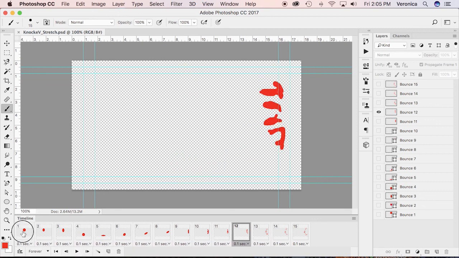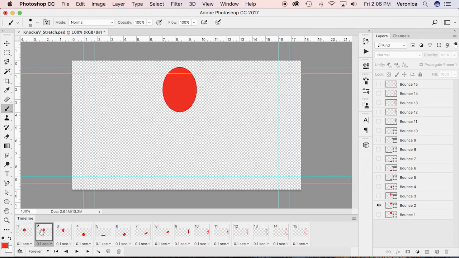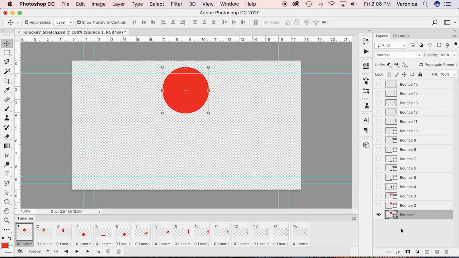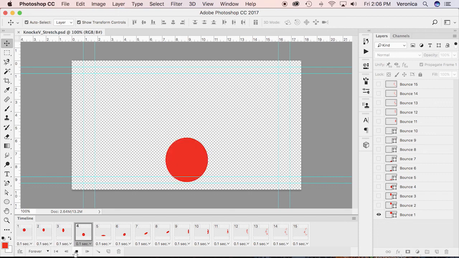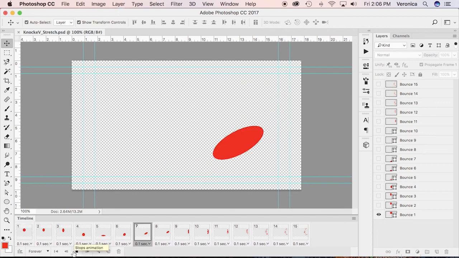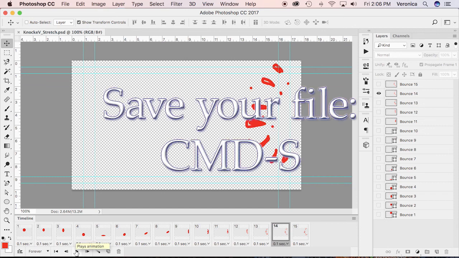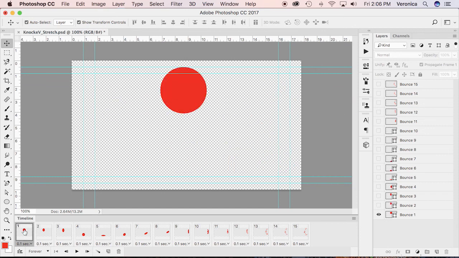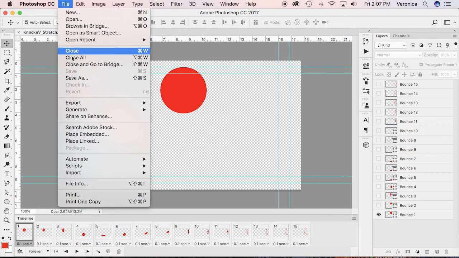Okay, I think that everything seems to be just a little bit to the left, so I'm going to move tool and just move it just a little bit to the left. There, that looks good. Command Save, go back to the frame at the beginning, and now we're going to Command Save again to make sure it's saved. And now we're going to export,